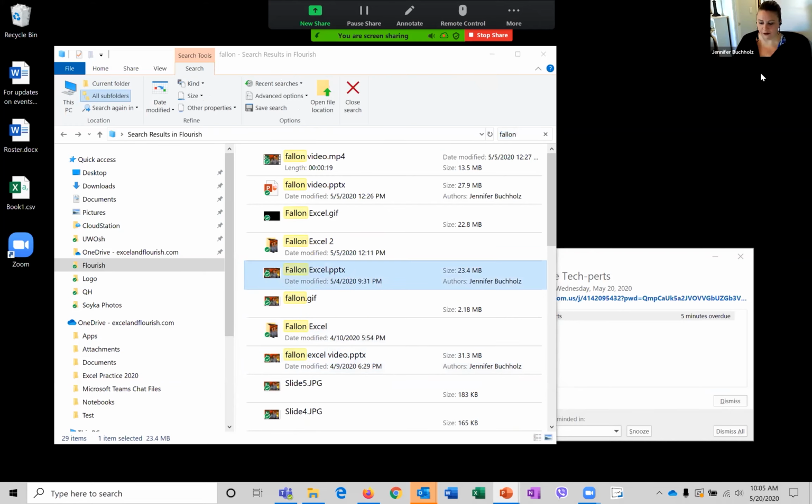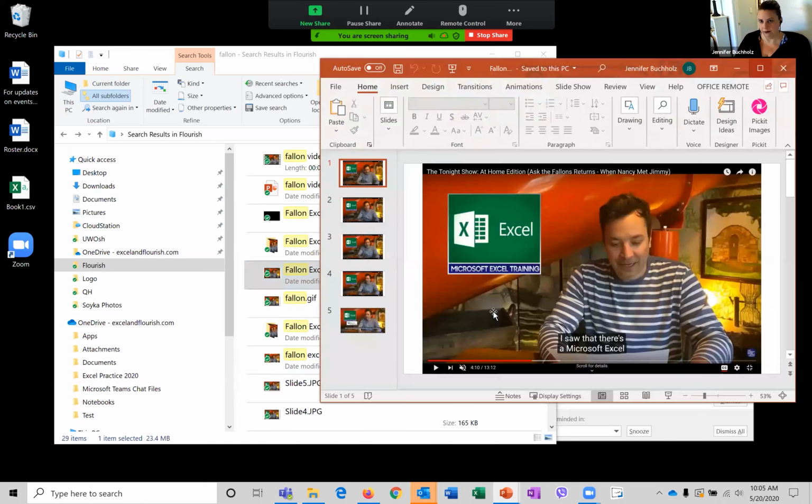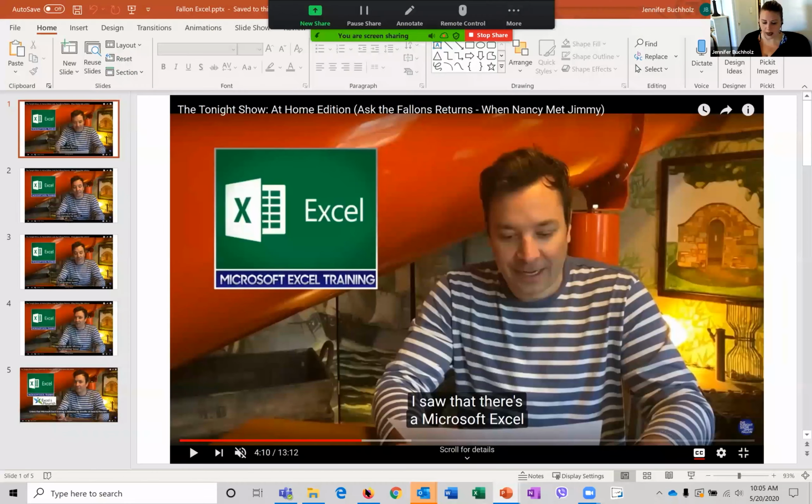Here's what happened. Jimmy Fallon decided very early on in quarantine to do a bit about Microsoft Excel. So of course for me, I'm going to win at that. What I did was I went out to YouTube, and I'll do that right now for you as well, and I grabbed the screenshots. So let me do a new window. You can do this with any of these things. That's the fun part. So if I go to YouTube,